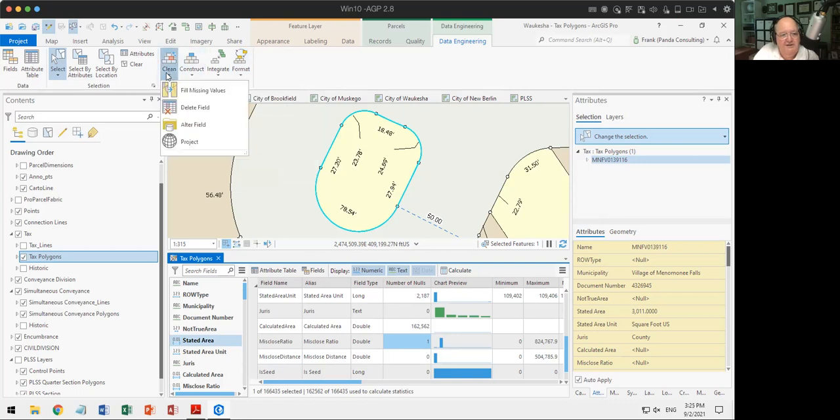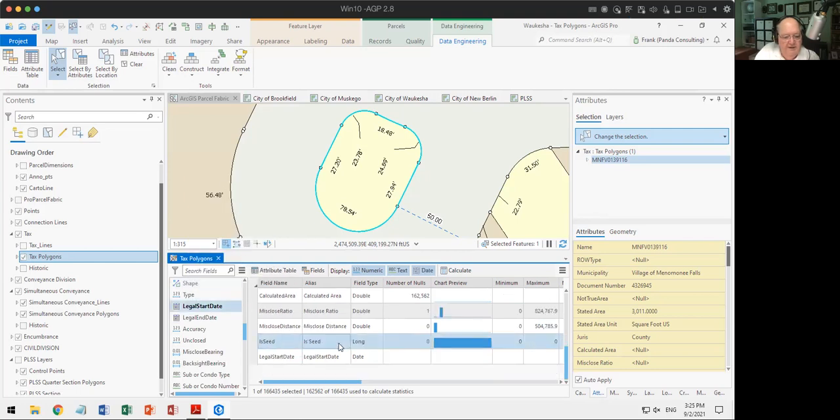So when I look at this and ask which of these we actually use an awful lot, we'll often do fill in missing values. We'll often do delete fields if we find fields that are just not really necessary anymore. And I can show you, there's some on here. For example, maybe there is